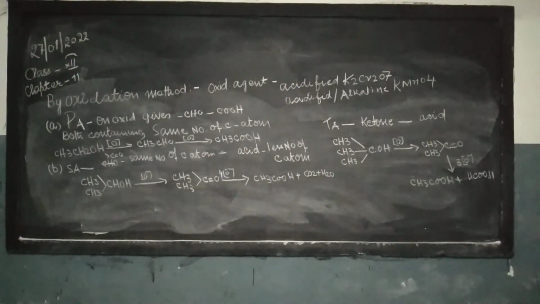If a blue color appears, it is secondary alcohol. It is due to the formation of pseudo-nitrole. If there is no color, it is tertiary alcohol. Students, it is all about how you will distinguish between primary, secondary and tertiary alcohol with the help of different methods, namely the Lucas method, Victor-Meyer method and oxidation method. So this is all I wanted to talk with you. Thank you.